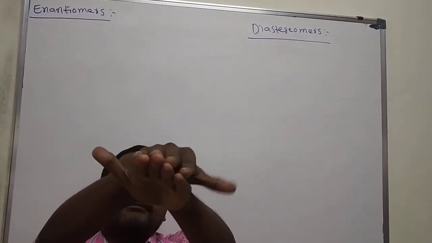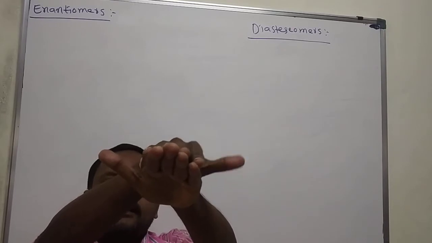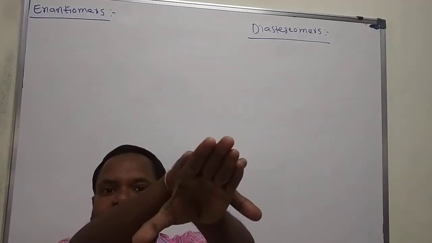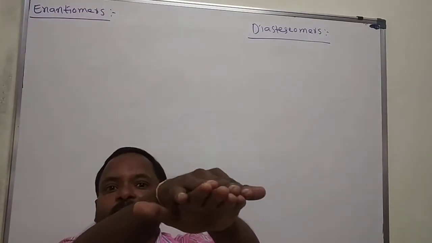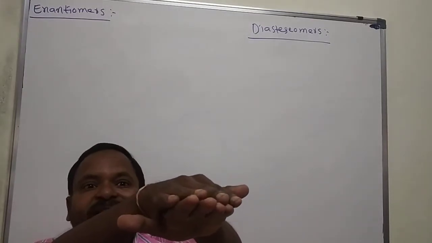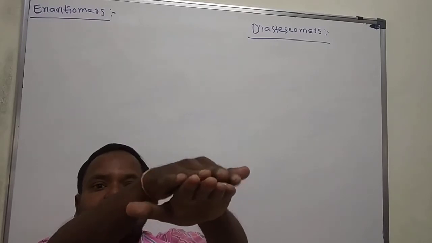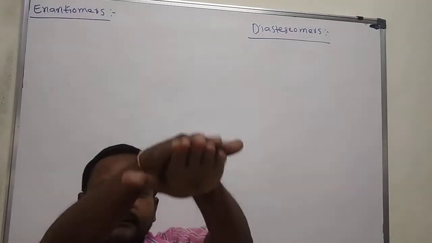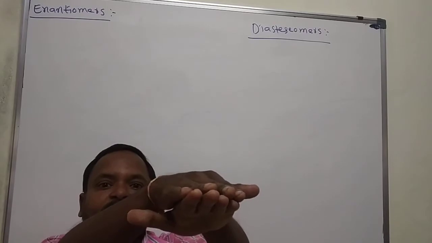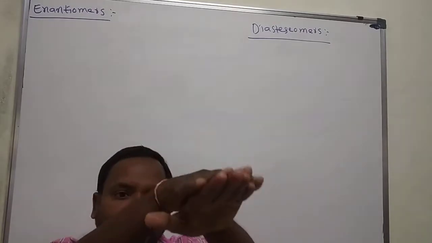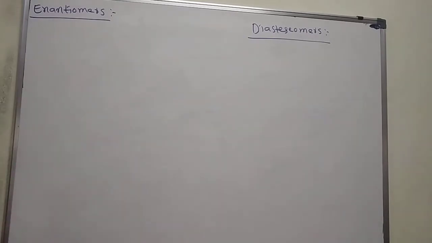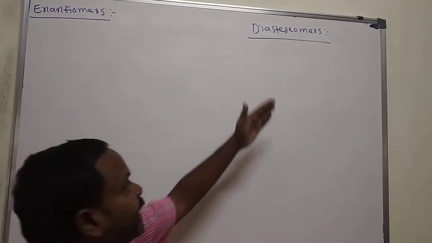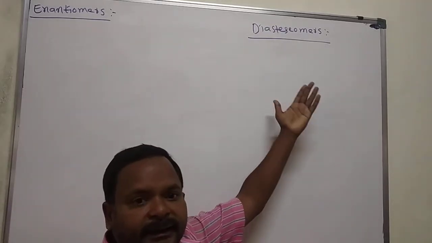Here the thumb will come to the left side, and the other thumb will come to the right side. That means this is called non-superimposable. Non-superimposable mirror images are called enantiomers. And here, diastereomers means one leg